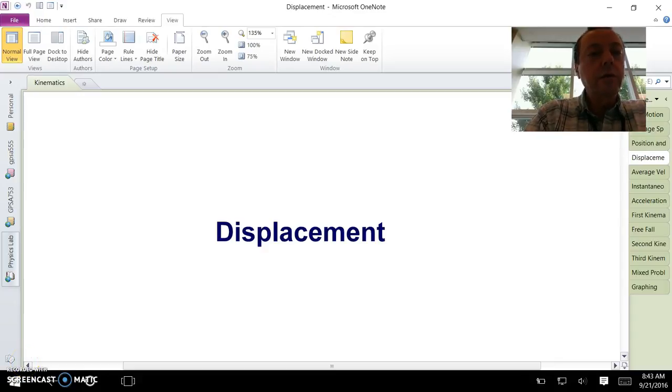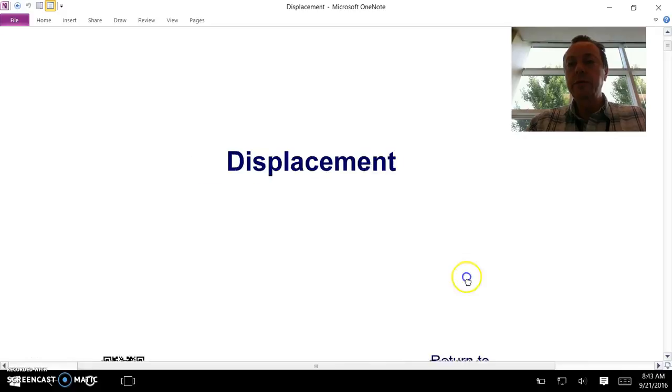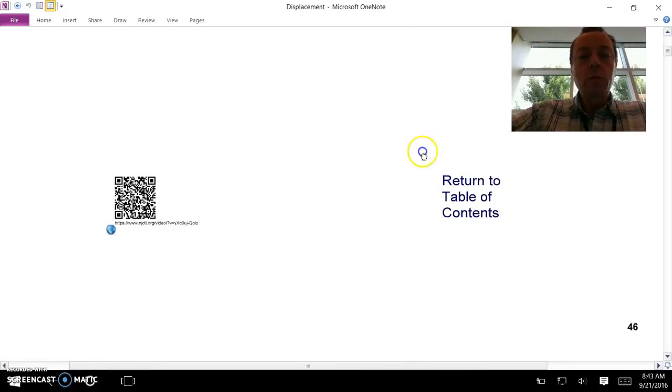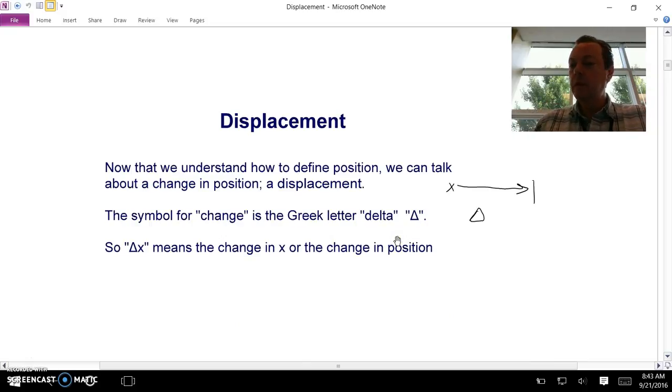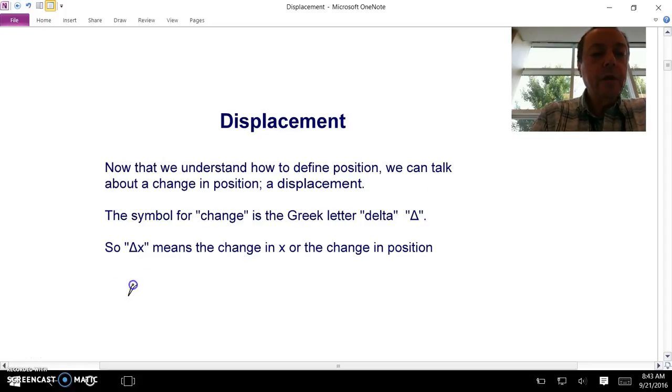Okay, let's talk a little bit about displacement. And we're going to define that as the change in position. So this fancy term here, delta x, x because we're typically looking at the horizontal direction